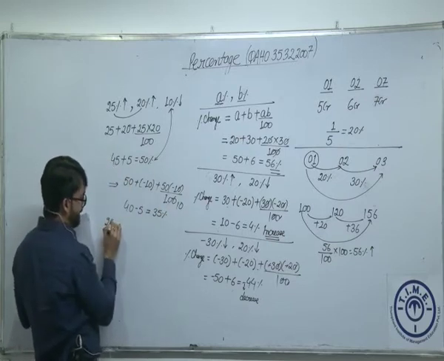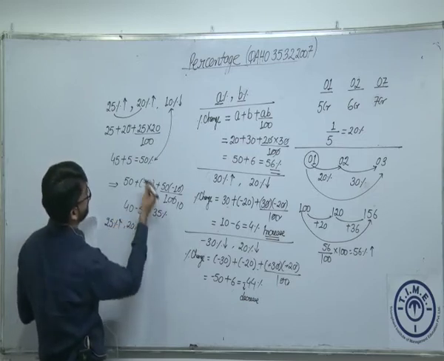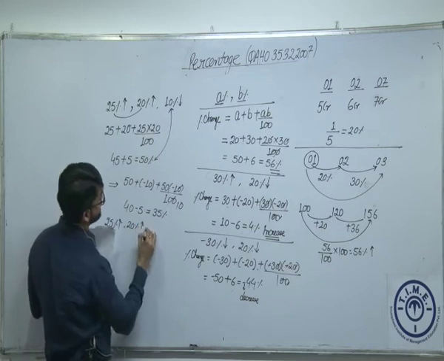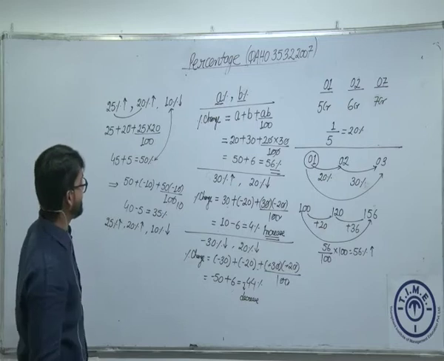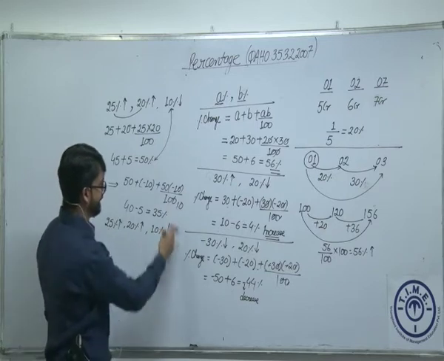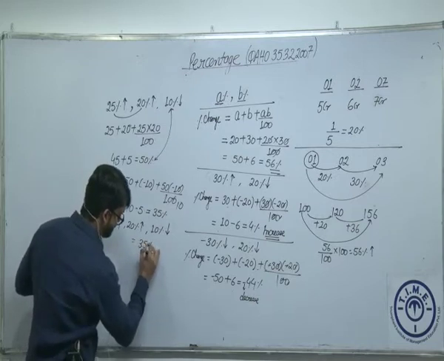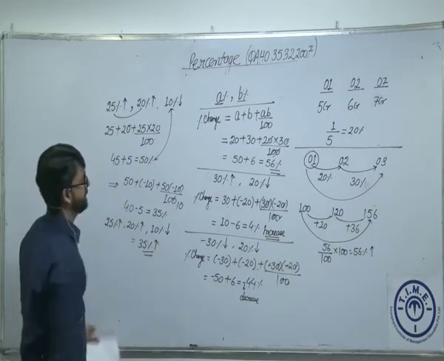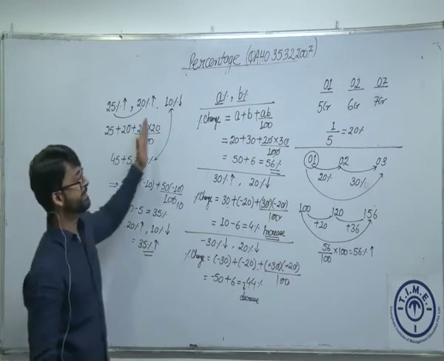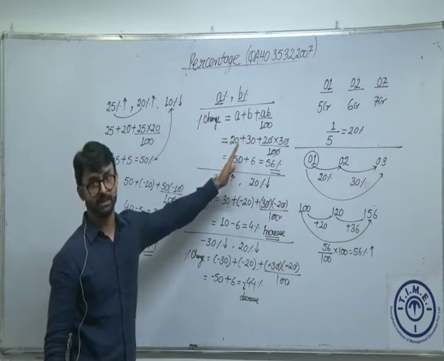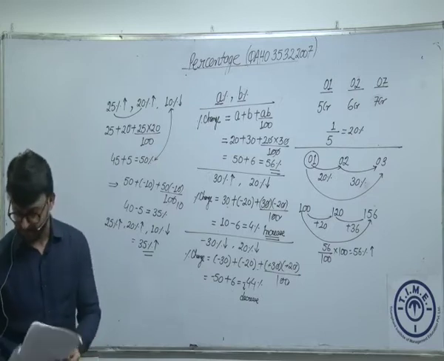That means 25% increase, 20% what? Increase, and 10% decrease will result in 35% increase. Is that okay? So we can use this in 3 percentage changes also when the percentage changes are in succession. I hope this is making sense. Fine with this? We can solve a couple of questions based on this successive percentage change thing.